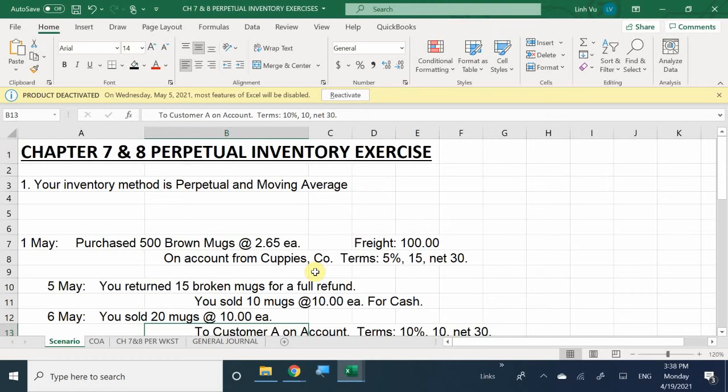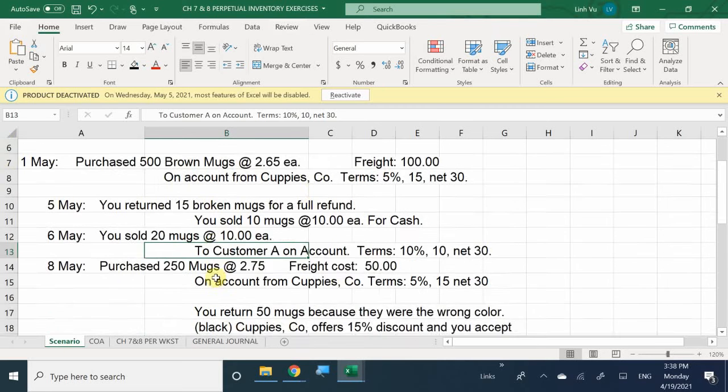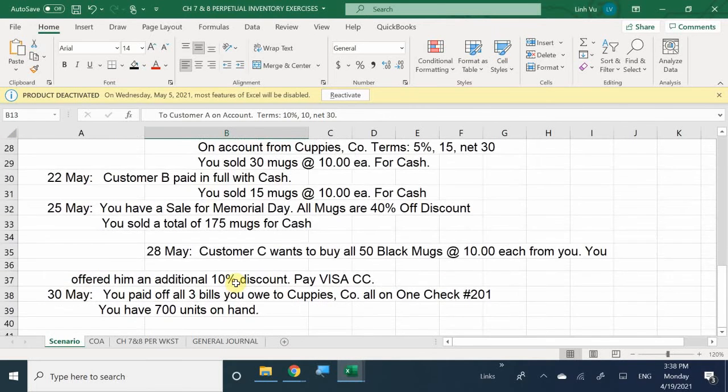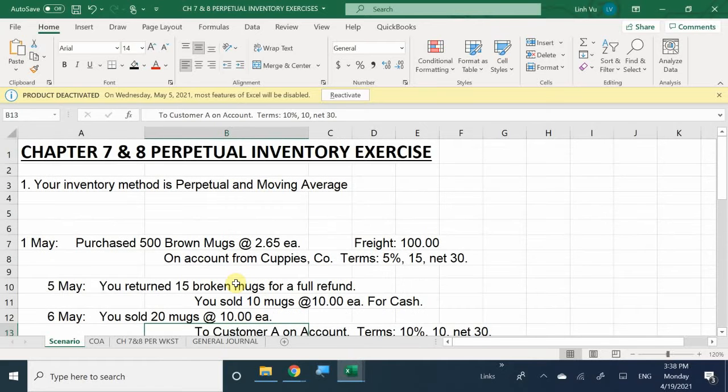Question number 1 is going to be your inventory method is perpetual and it is moving average. So once again, this is just strictly moving average and we're dealing with just the month of May. So with that being said, let's go ahead and get started. And what happened on May 1st? May 1st. So how I'm going to have you guys do this is, first rule of things, you always are